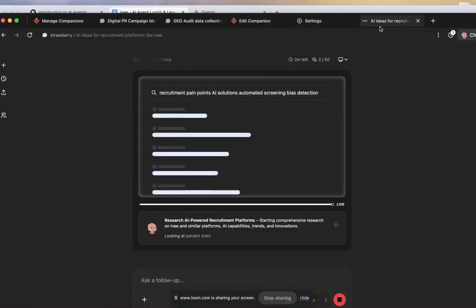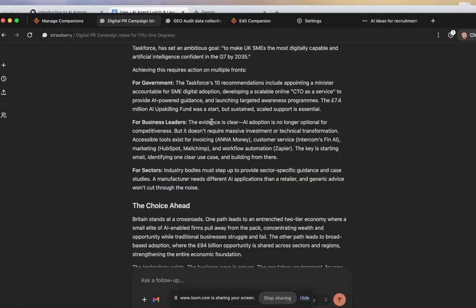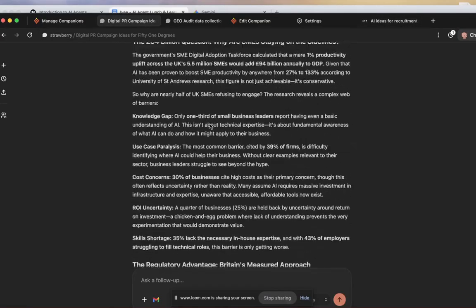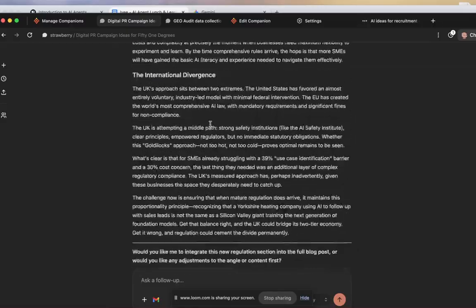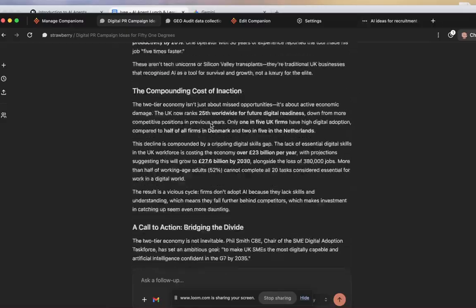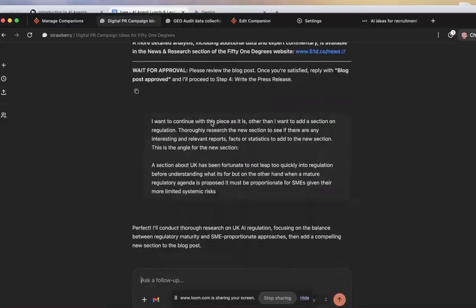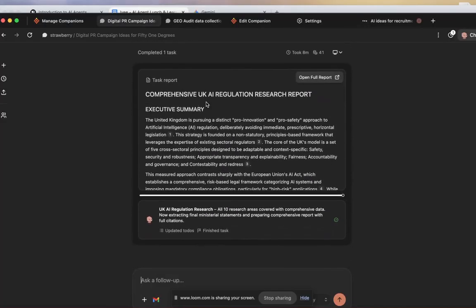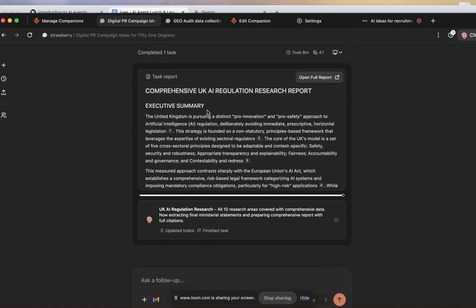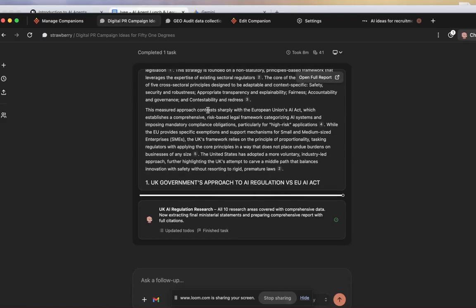So whilst it is running away in the background, I will instead look at a previous one. And so this is the process to creating this SME focused piece. Sorry, there's a lot here, isn't there? So, for example, one of the latest steps that you will have remembered from when I went through it is to produce this full comprehensive report. This is the point where it's saying to me, great, I've produced this full comprehensive report.